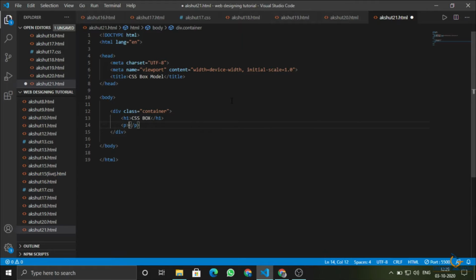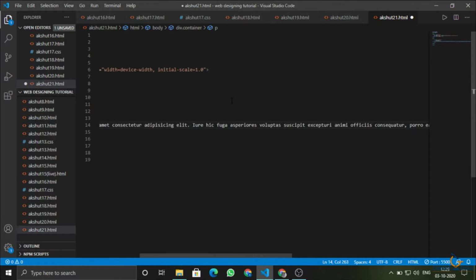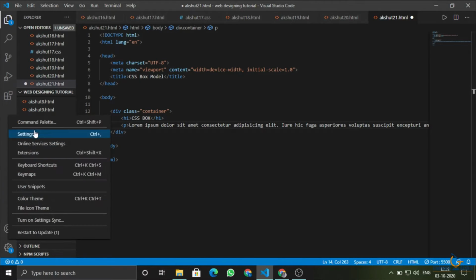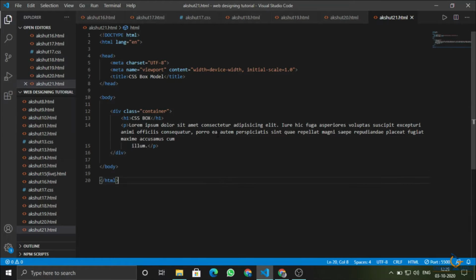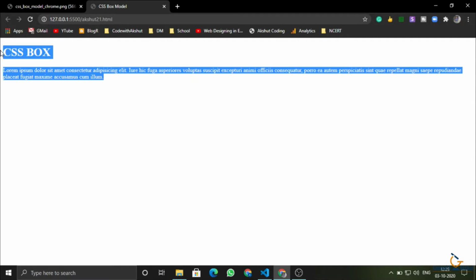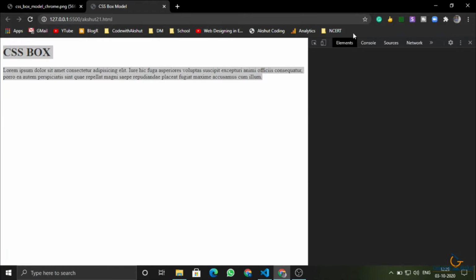Then I will create a p and write lorem 34. As you know, lorem is dummy text which is used instead of the real text. I will save it. So here we are having one div.